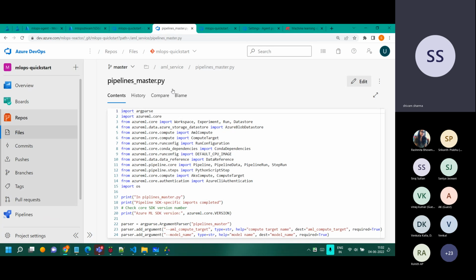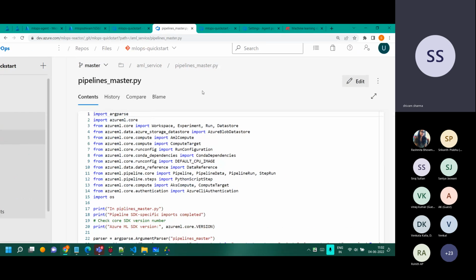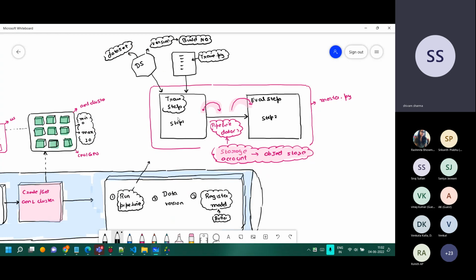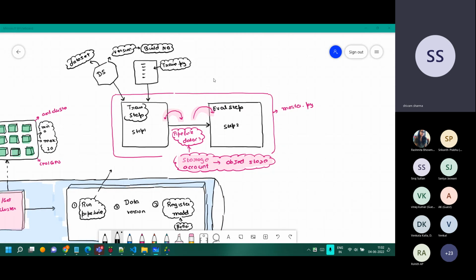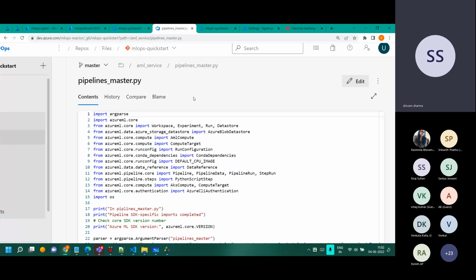So I'll take you back to the master.py right now. This master.py is going to have steps over there. I think there are two steps only. If there are more than two, I'll come back. I actually don't exactly remember how many steps were there. I have put two only.